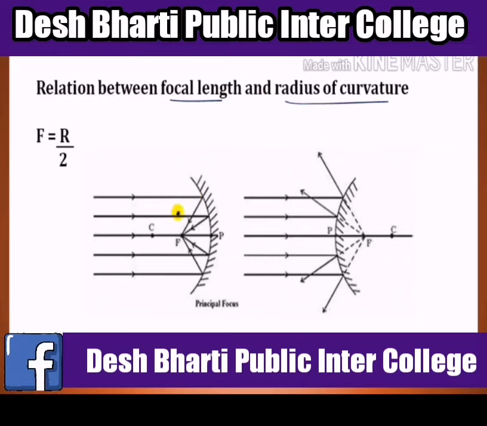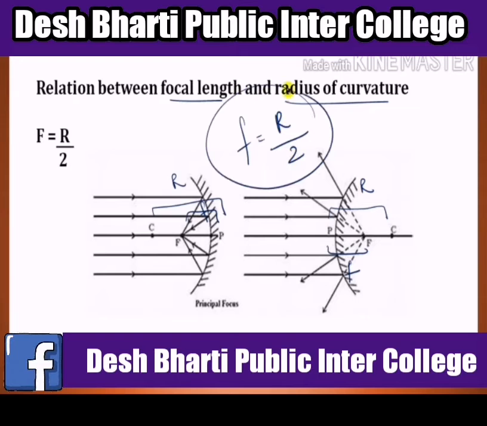Here we can see that a concave mirror is a converging mirror and a convex mirror is a diverging mirror, and the relation between the focal length and radius of curvature is f equal to R upon 2. Here we can see by example, if the radius of curvature is 32 centimeter, then the focal length will be 60